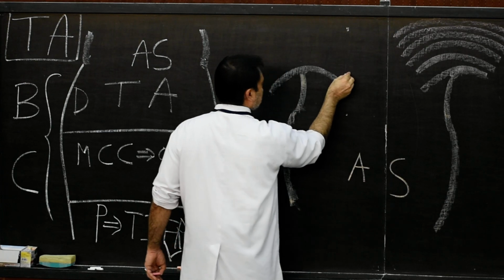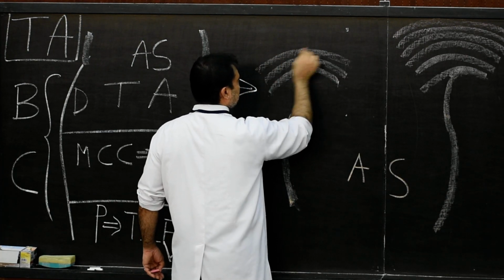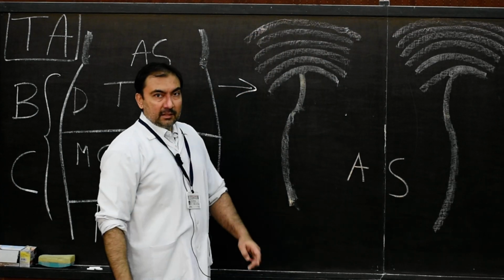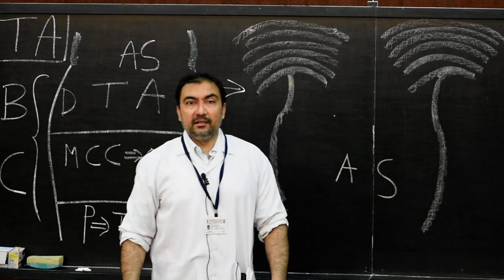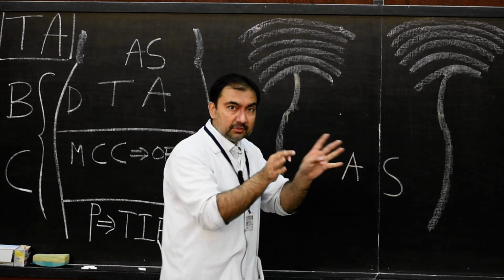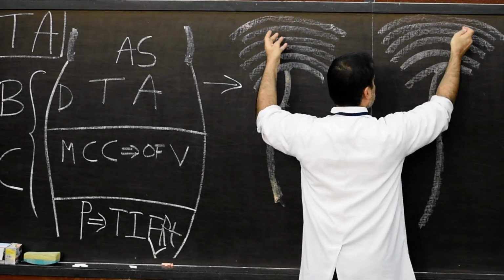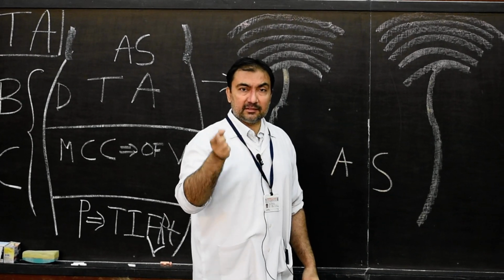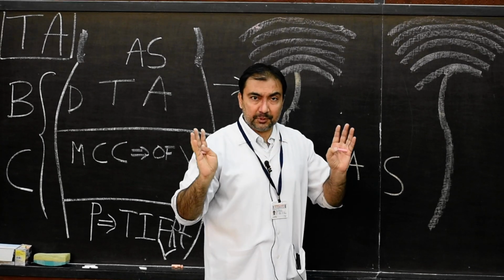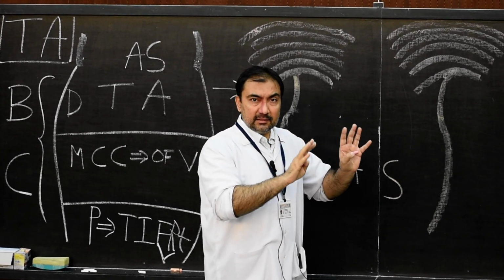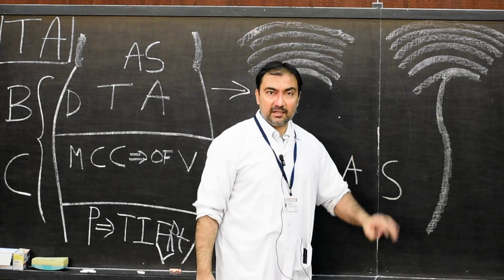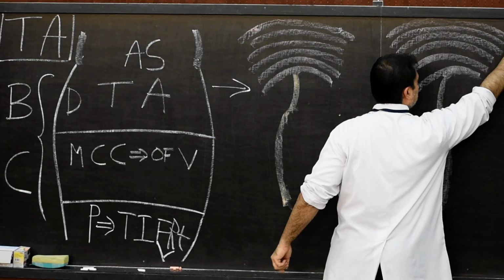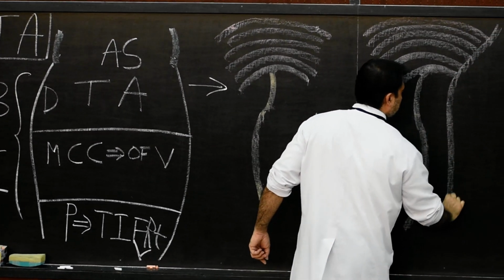Remember to make 6 arches: 1, 2, 3, 4, 5, 6. Six aortic arches which will pass dorsolaterally through 6 pharyngeal arches. Remember, initially there are 6 pharyngeal arches, out of which the 5th pharyngeal arch will disappear. But initially, in the early phase, there are 6 arches. So they will pass through these pharyngeal arches, and where will they open? They will open here in this vessel.